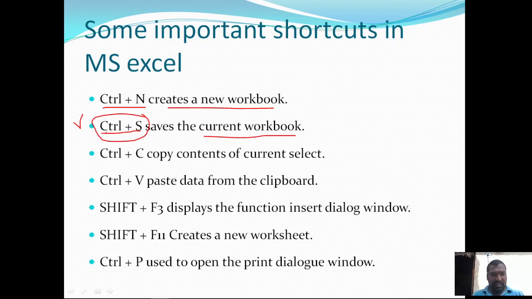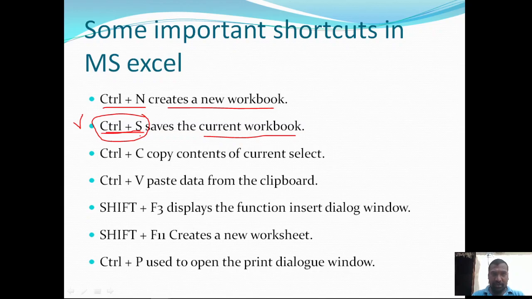If you are pressing the Control S button for the first time after opening a new or blank workbook or worksheet, then it prompts you to enter the name of the file, the name of the workbook, and it asks about the location where you want to save that particular workbook.